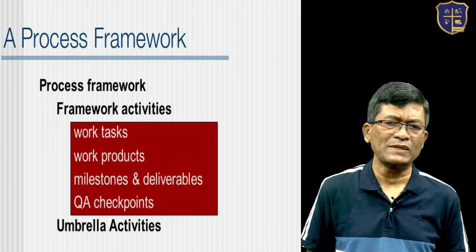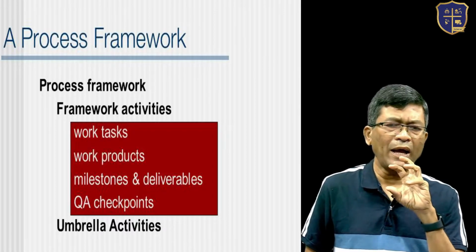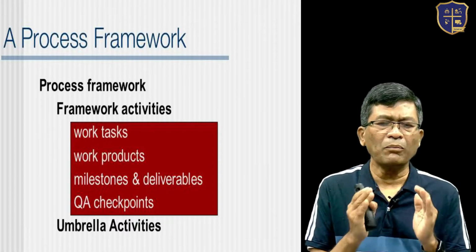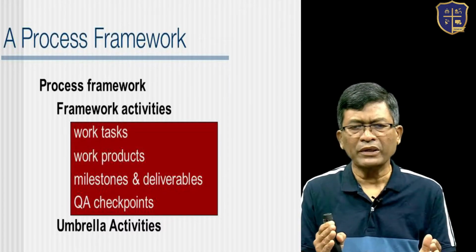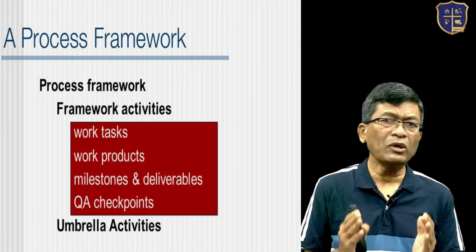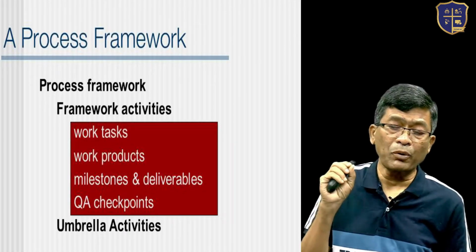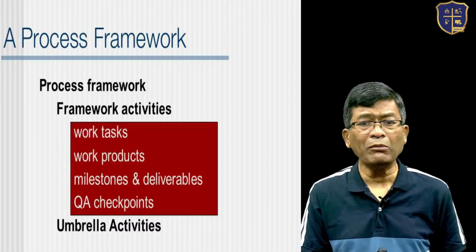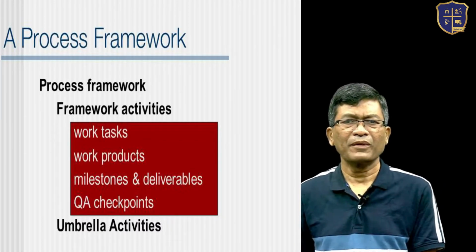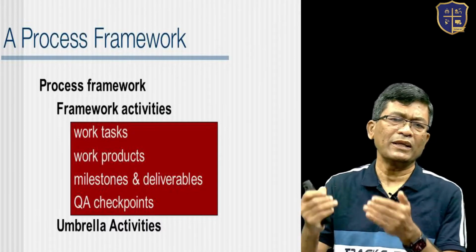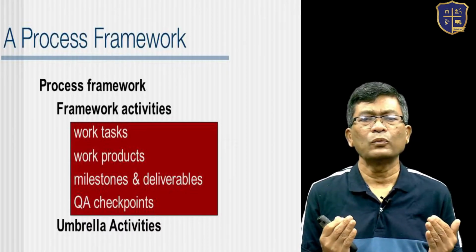When you look at this process, the entire process, it is falling into a set of activities that must have certain components or elements. Any activity, we can call it as framework activity or umbrella activities. Framework activities are the core activities. It will have certain tasks to be done and certain products to be produced. If you take requirement, you have to produce software requirement spec, SRS. If you are doing the design, you have to produce the design document. If you are doing the testing, you have to do the test plan. These are called work products.